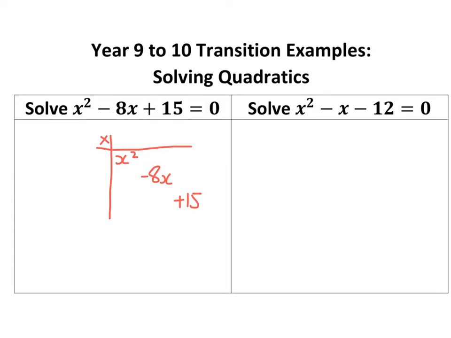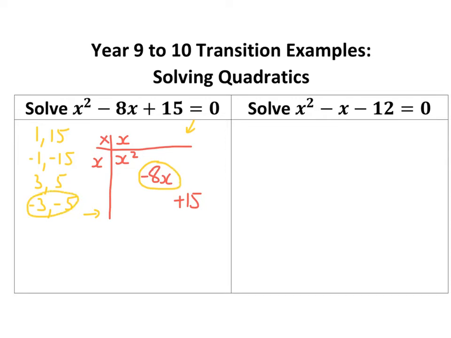So I need to work out what multiplies by itself to get x squared. Well, that's easy. That's x times x, isn't it? The only trouble is that for these two, I've got choices. Therefore I could have 1 and 15, minus 1 and minus 15, 3 and 5, minus 3 and minus 5. Now I've got to find the pair that add up to make minus 8,